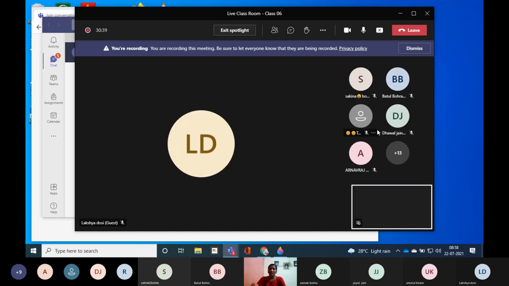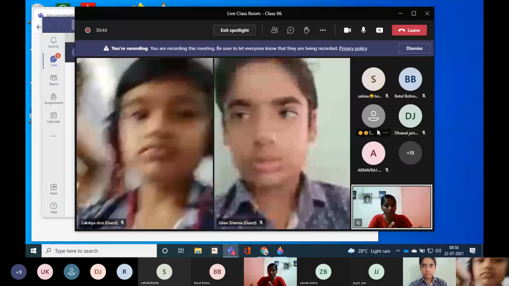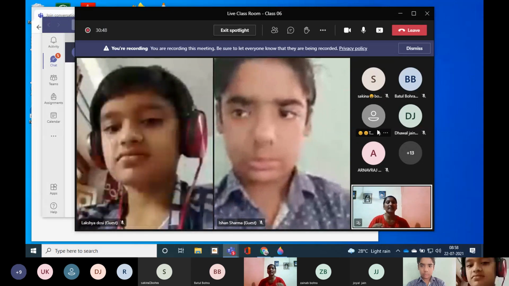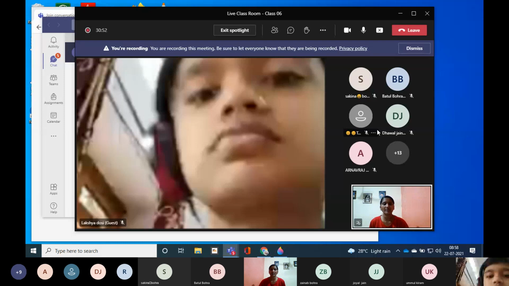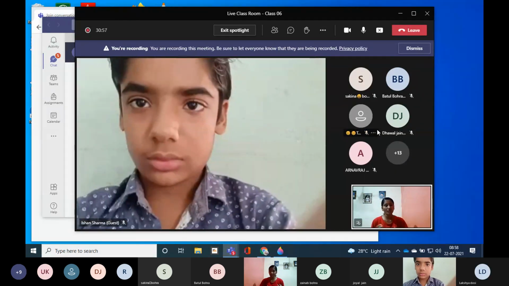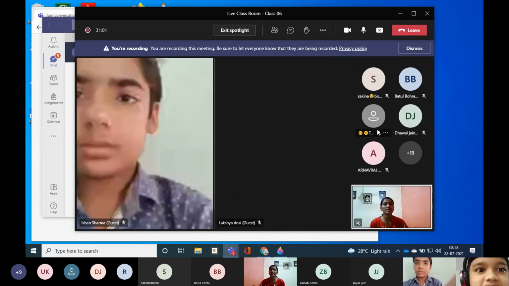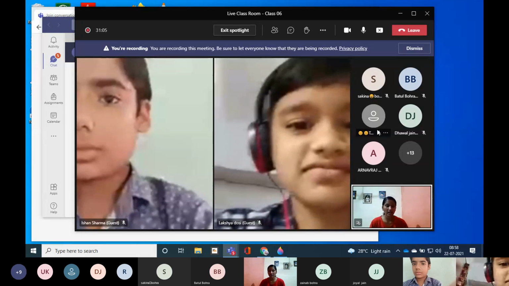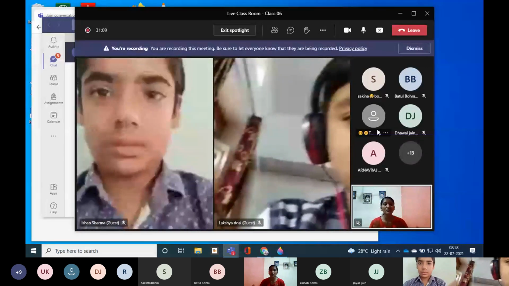Now I was saying that you all know in plants the food is in the form of glucose molecule. This glucose molecule is a very complex molecule. It cannot be transported throughout the plant body easily, right? It is not that soluble. So what happens? This glucose converts into starch first. Then the two molecules are starch and sucrose.